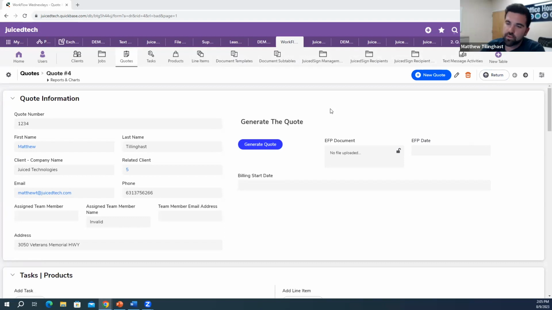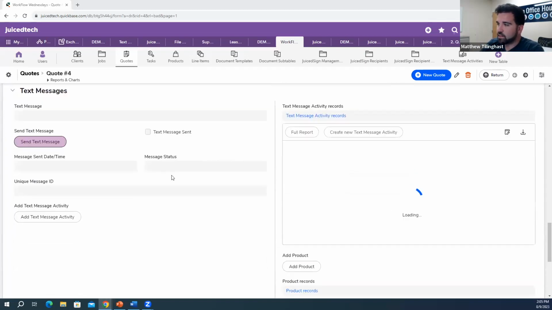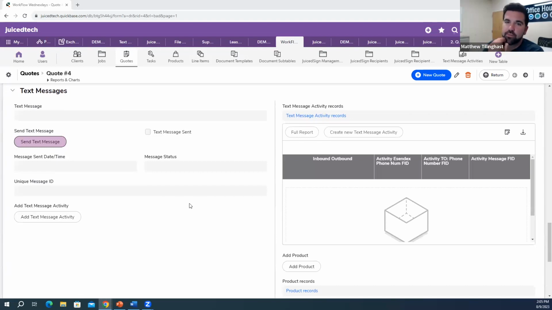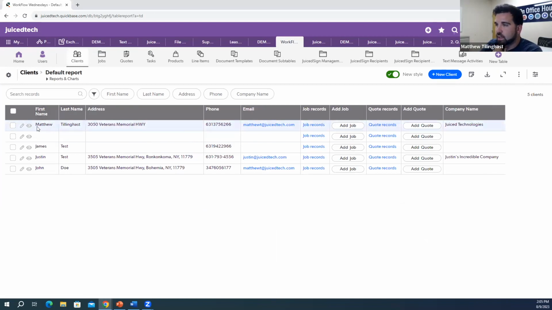Today we're going to be going through Exact Forms Plus, which is your document generation, your generate quote button. Then you're also going to have JuicedSign, which I'm going to explain very simply, how to get started using that and how to send that quote out for signature via JuicedSign. Lastly, we have some reminders with Text My Quickbase, which just allows you to send and receive text messages in and out of Quickbase. I'm going to go through each one of these, how they work, and why you would use it in this workflow. So to start from the top, if you're at your client, let's open up my client here,